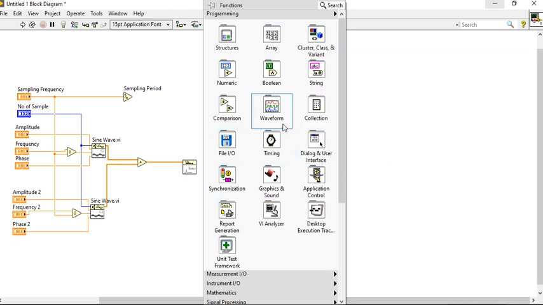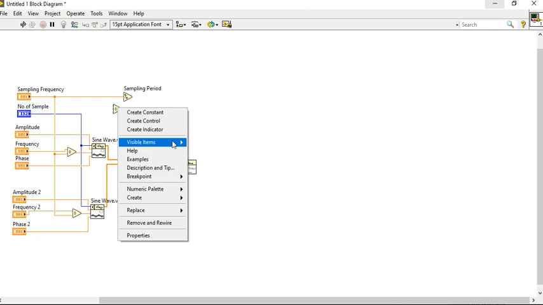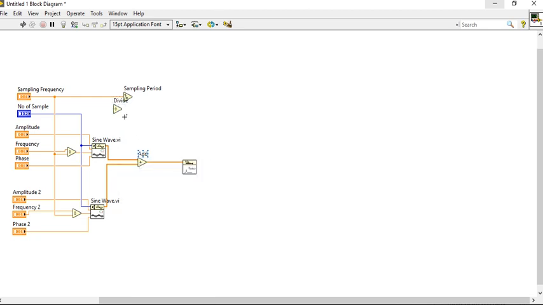So for that we will take one divide function here. It is divide; this is addition. Now the sampling frequency divided by the number of samples. You can connect here.